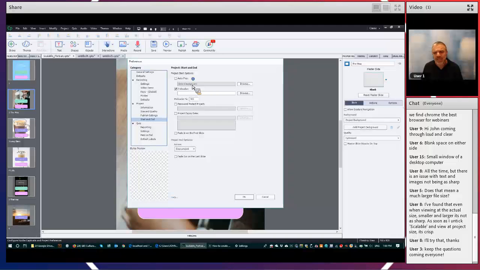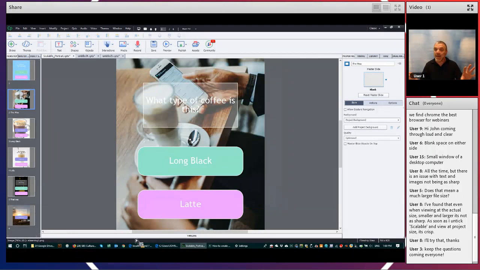A couple of other things that I just wanted to draw to your attention. You'll see here that I've actually got a different colored background than what you normally would. So that background ties in with the color scheme of the actual project. Now this is actually determined back in our preferences, and if we go to, remembering where it is,